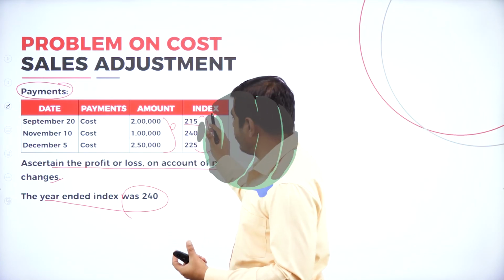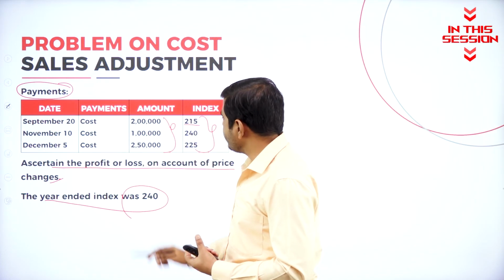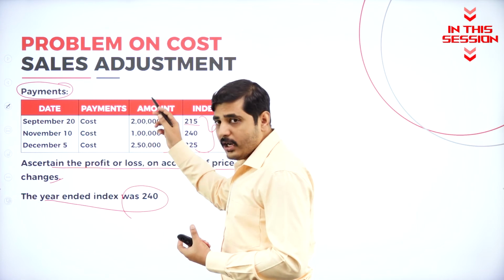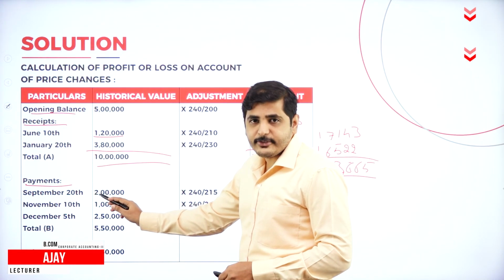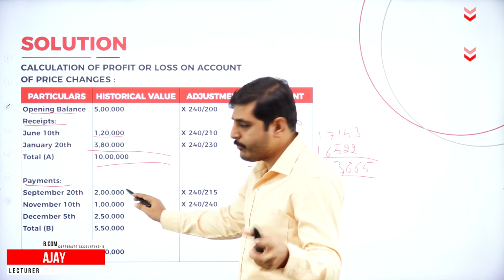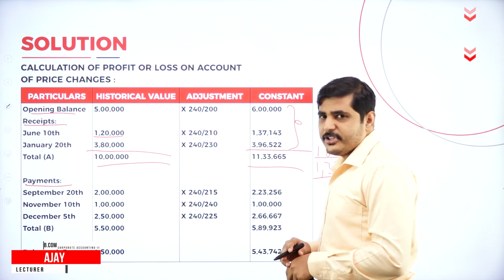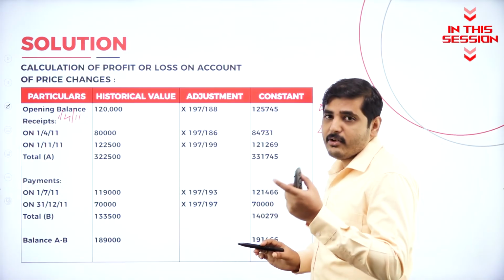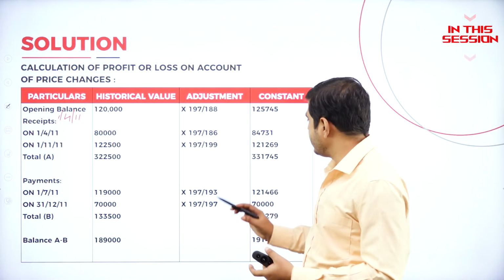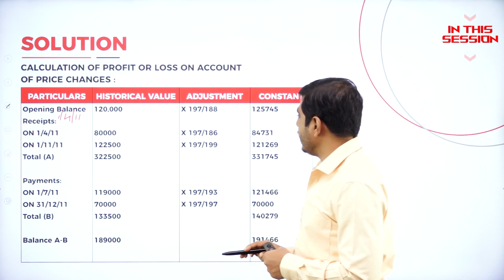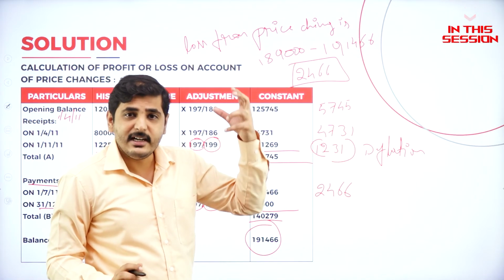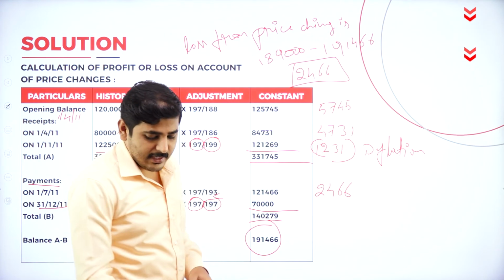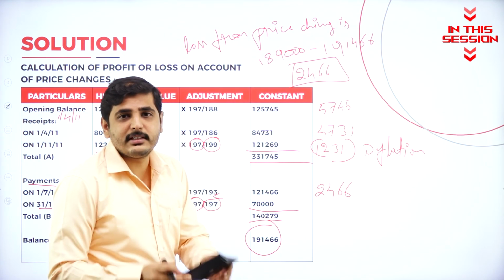When the index was 215, the amount or historical cost was 2 lakh rupees. We have to convert this amount. We want to purchase a 2 lakh rupees product. On that day we spent 2 lakh rupees. If you want to purchase the same product, how much do we have to spend? 2,23,000. The value for money has been reduced to the extent of 4,731. Here the value for money is not increasing; the value for money is decreasing. So if you want to purchase, for example, this calculator, let's assume this calculator or computer.